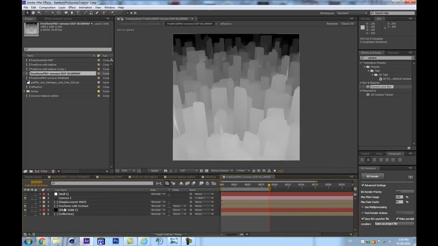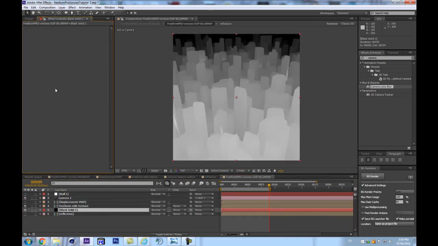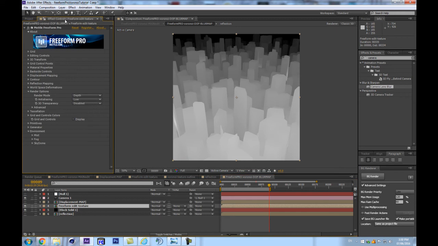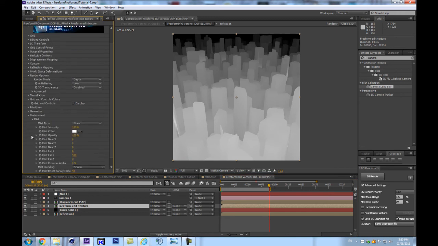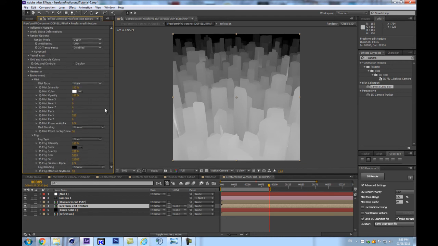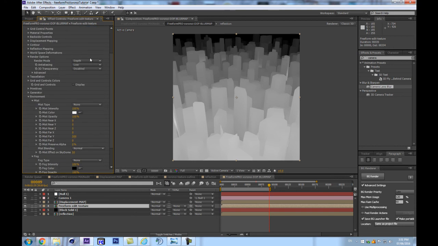So let's get back in here, and a little bit like I do with Tau and Mir, we're gonna do the same with freeform. So open up, we have a mist in the environment, we have a mist and a fog. So how cool is that? Let's set the render mode to full render,